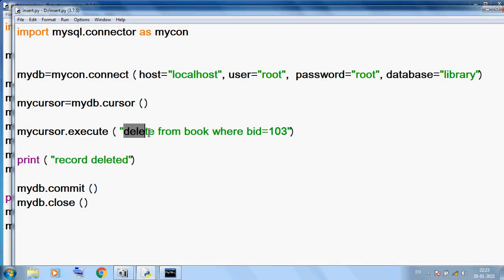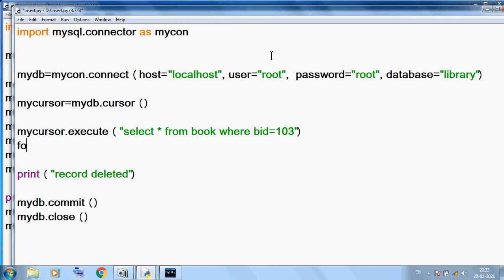So simply we can use select star from book. Here we can use the loop. Here I am using for row in, to display all the records.